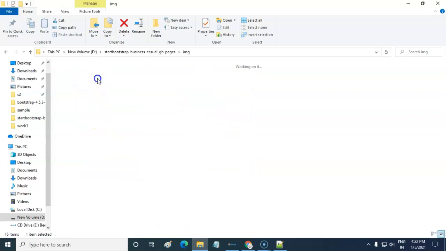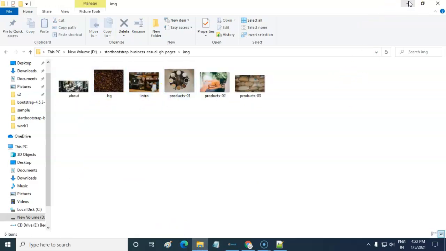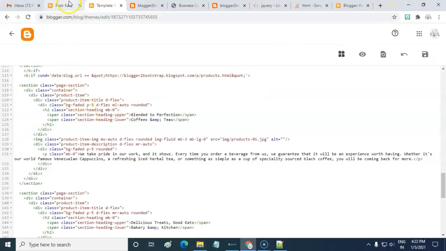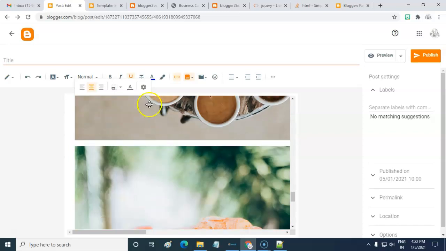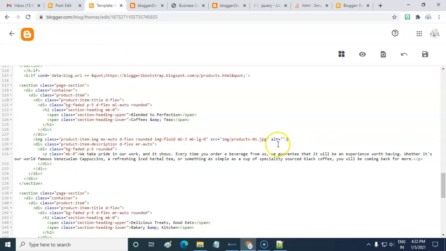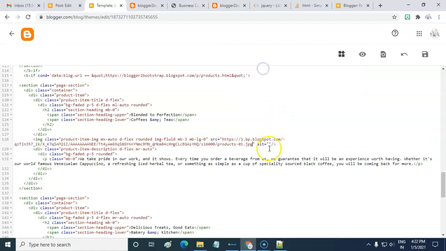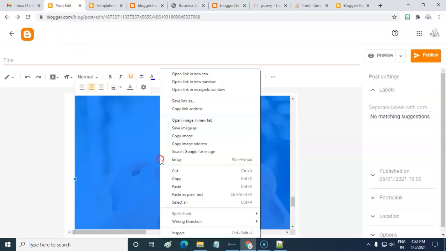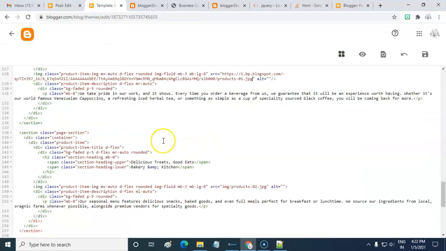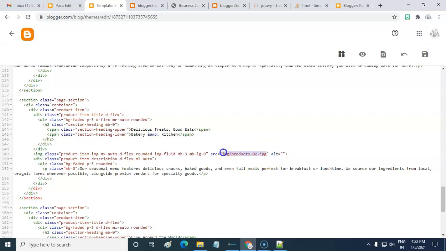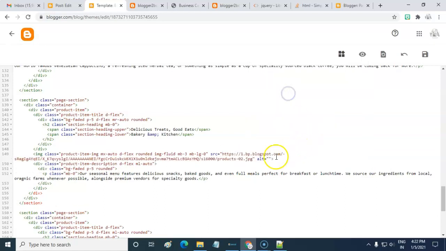Let me add the images. End with proper slash.